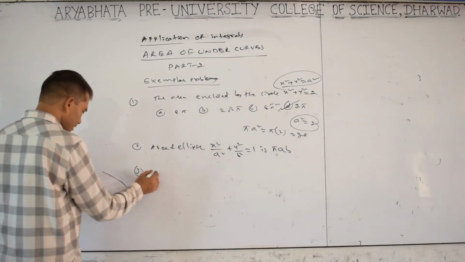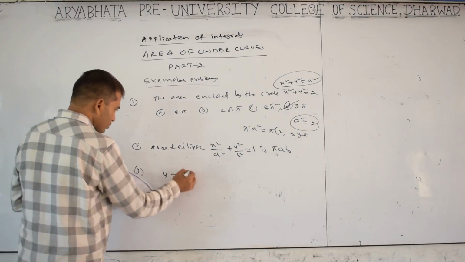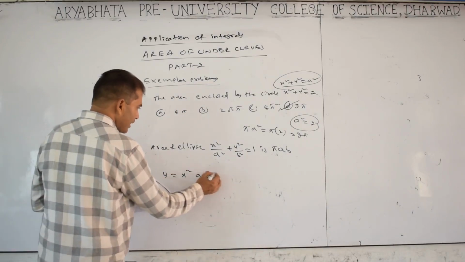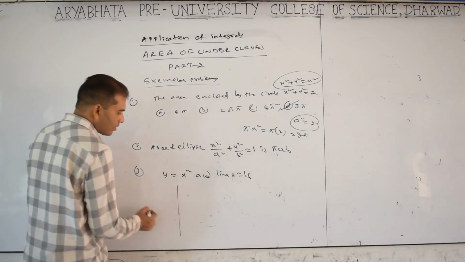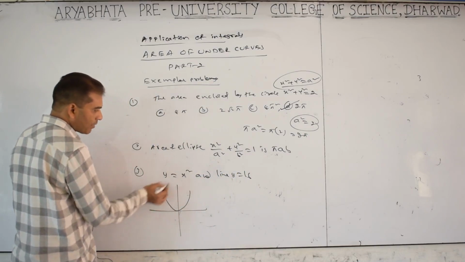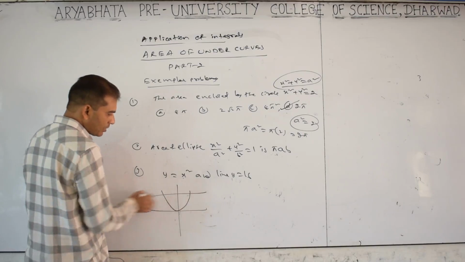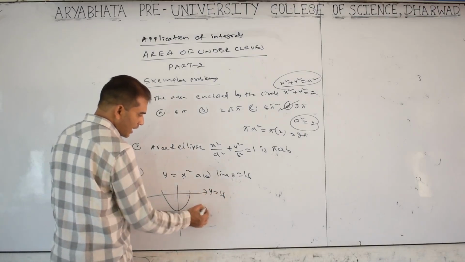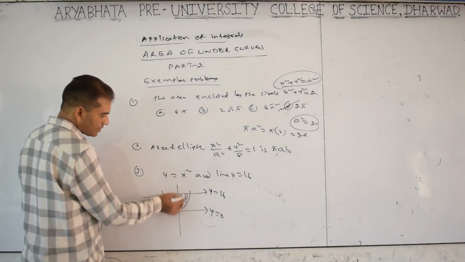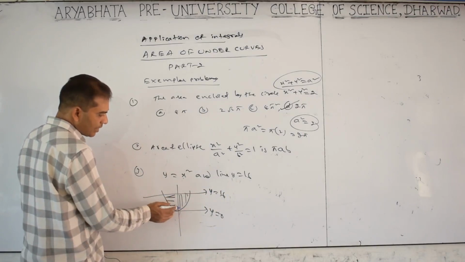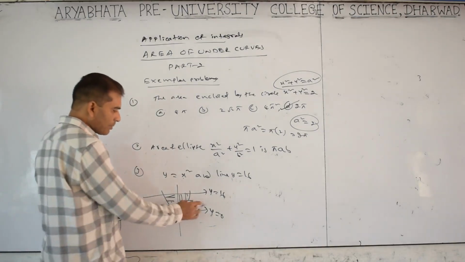Next, the third question is the area of the region bounded by the curve y = x² and the line y = 16. y = x² is a parabola opening upward, x² = 4ay. y = 16 is parallel to the x axis, and y = 0 is the x axis. So this area we should find. It is bounded by